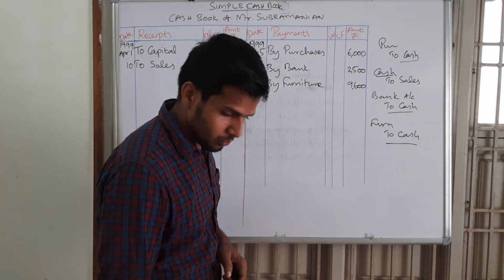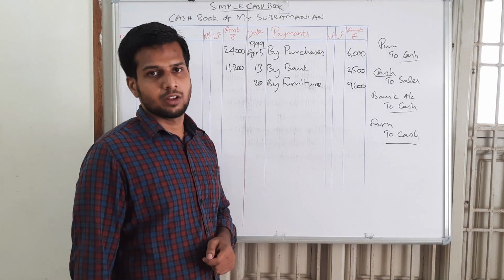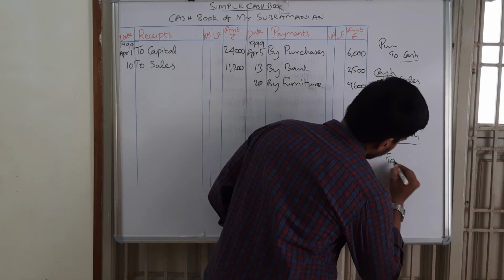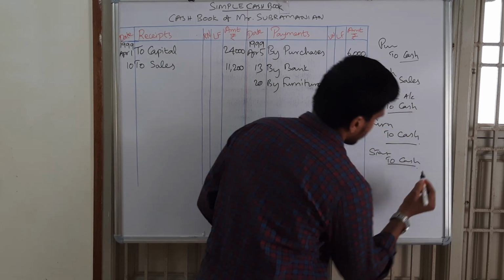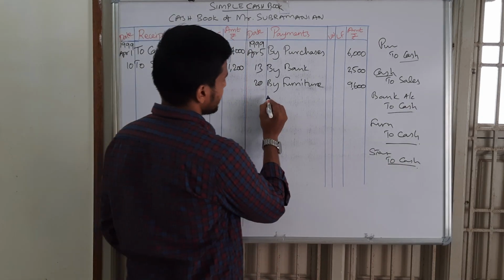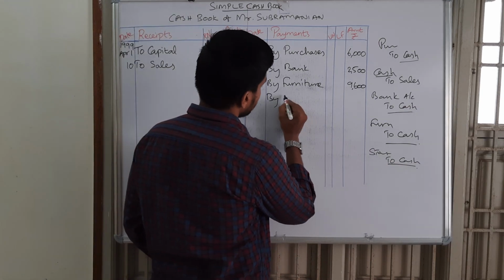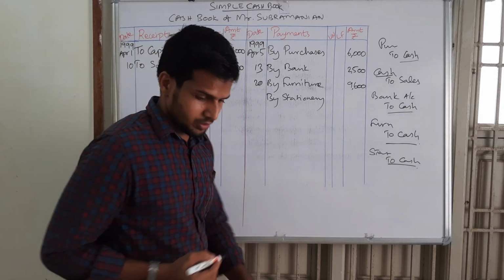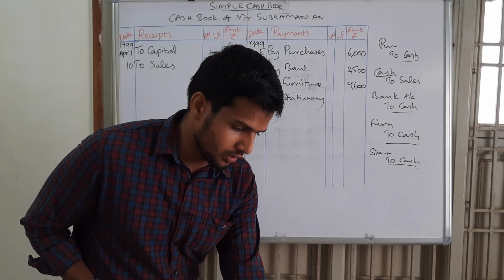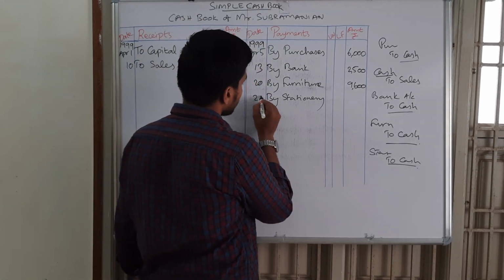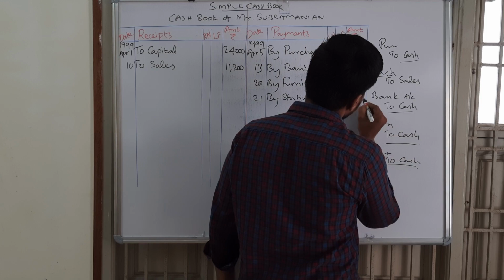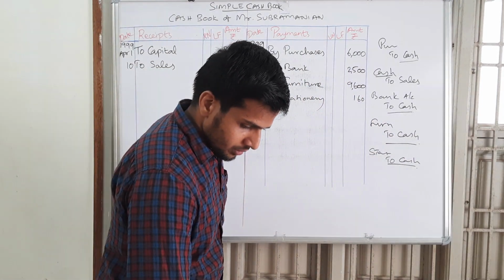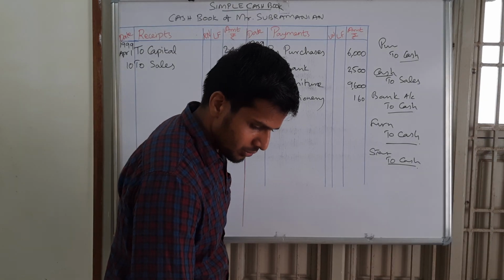For April 21, purchased stationery. So what will be the entry? Stationery to cash. Right? Here cash got again credited, so it must be written on the credit side by stationery. Right? What is the date of the transaction? 21, and the amount is 160 rupees. And the next thing is April 23,